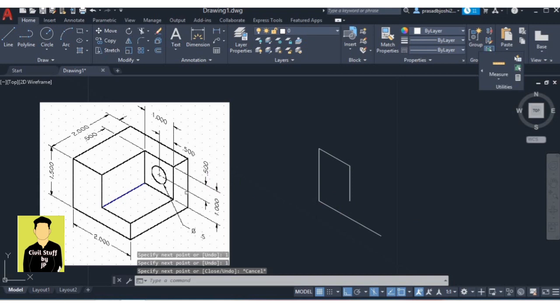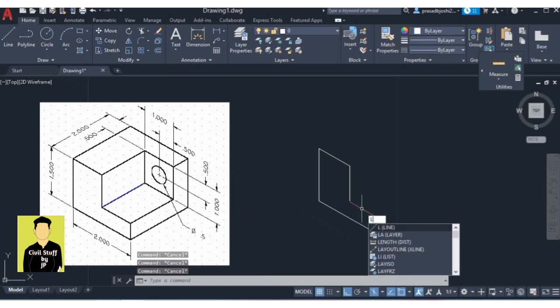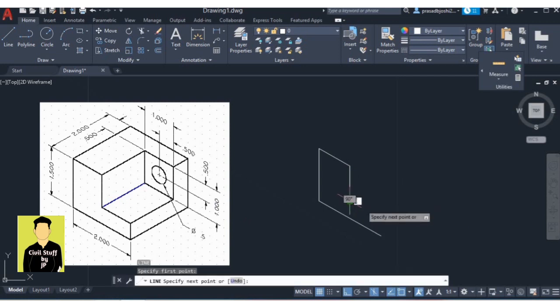As you can see in this drawing, this distance is 1 unit as shown over here. So I have drawn the line of 1 unit. I will draw a line of again 1 unit in this direction and end up at this point. So now I have completed the L section, which is the left hand view.